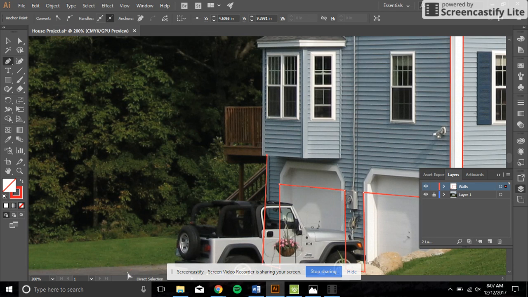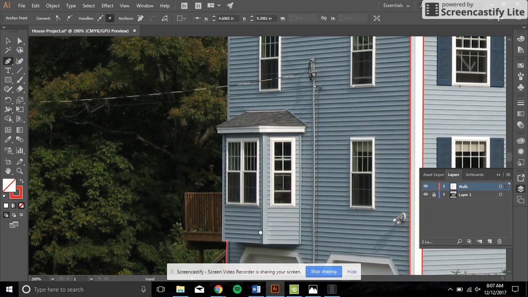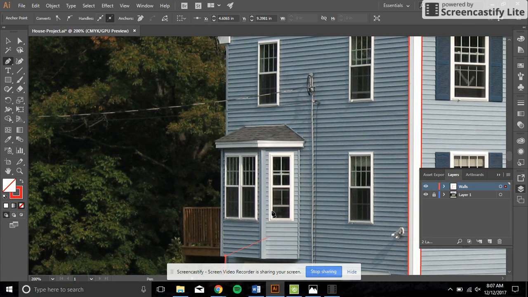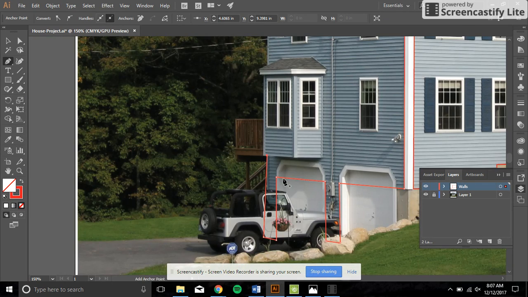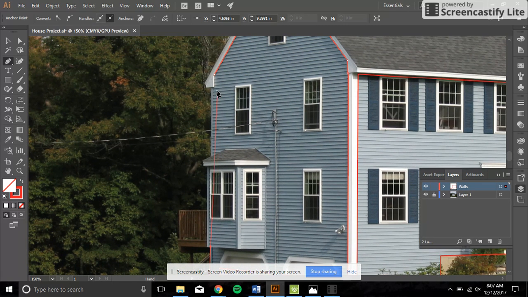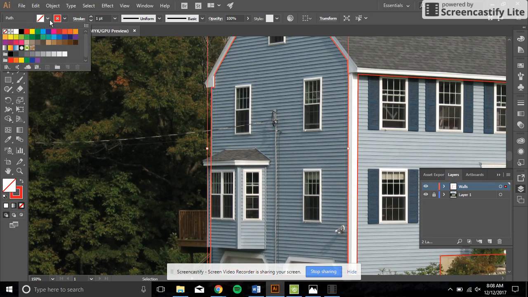So I'll move my screen up to the top. You're going to take your time with it. I'm just going to go through it quick here for a second. All right, there's my wall. So if I grab that now and highlight that shape, and I wanted to, I could change the color to something that was close to the house, and I'd have my wall. All right. So then I've got my basic walls,